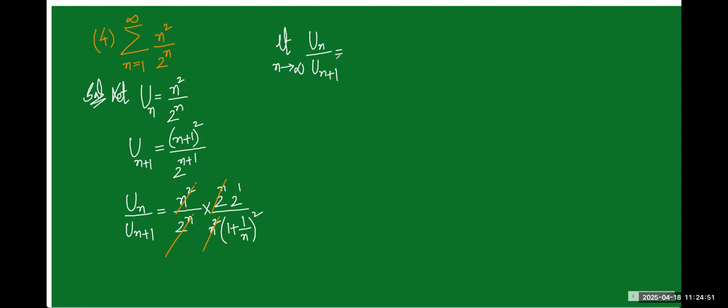is equals to, 2 is a constant, take outside, limit n tends to infinity 1 by 1 plus 1 by n whole square. As we know, as n tends to infinity, 1 by n tends to 0, because 0 is 1 only. We got the answer is 2, which is greater than 1. So by ratio test,